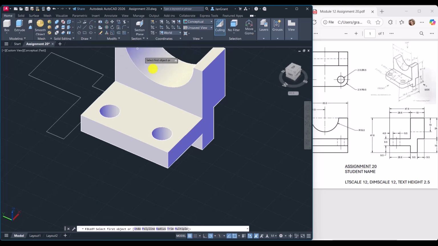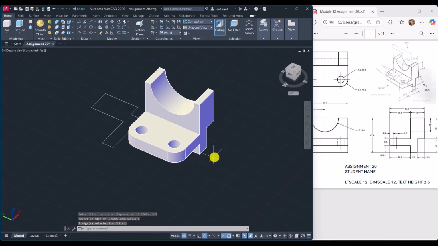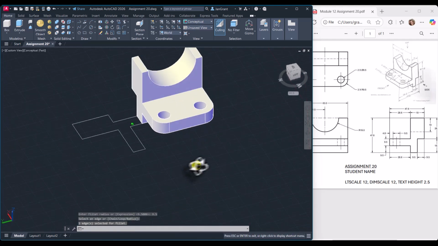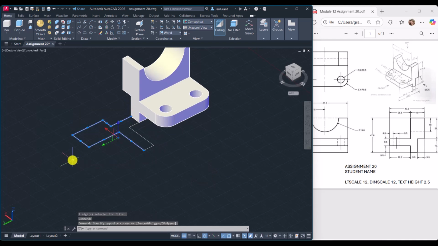So at this point we're using fillet. We can start the fillet command, click the edge, type in 9.5 fillet, and then press enter twice. You can then delete all the geometry there